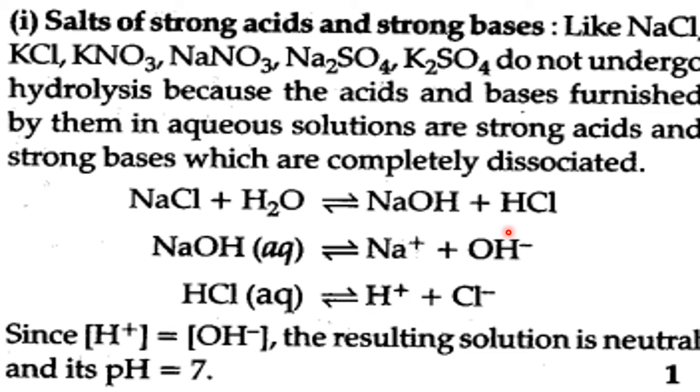So when they are in equal concentration, the pH cancels. Therefore, pH is always neutral. It will show 7. When the pH is equal to 7, it is what? It is neutral. Okay, right. So that's why whenever you react a strong acid and a strong base, the salt formed is a neutral salt, whose pH is exactly equal to 7. It is because of this mechanism that undergoes at the molecular level.